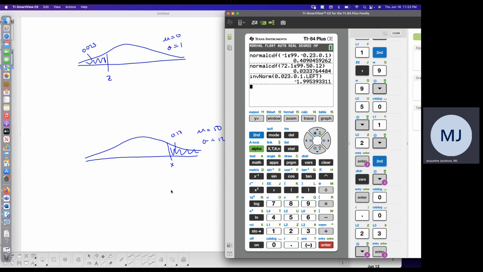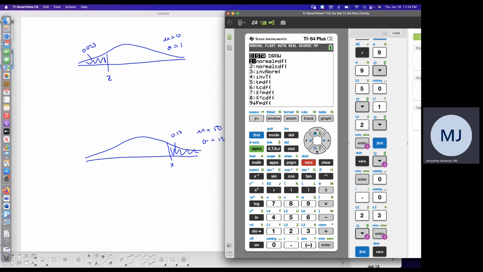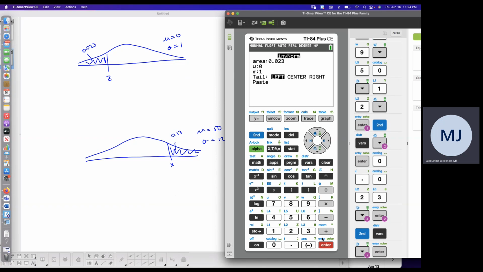I'm going to show you 2 ways to do area to the right, only because, like I said, not everybody might have the option where you could tell it where the area is. So for those people that don't have that option, which again, I'm assuming everybody does because the TI-84 Plus is a fancy new calculator. They're supposed to get that one, right? So, second vars to pull up distribution again, and I'm going to go back to inverse norm, and I'm going to put this area